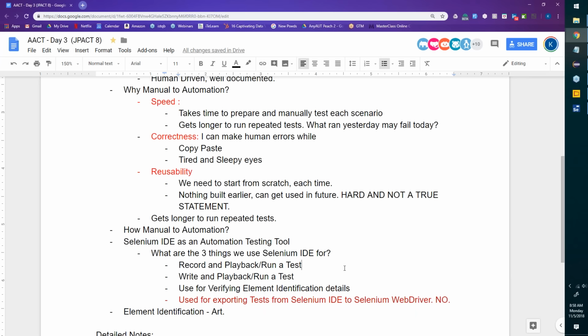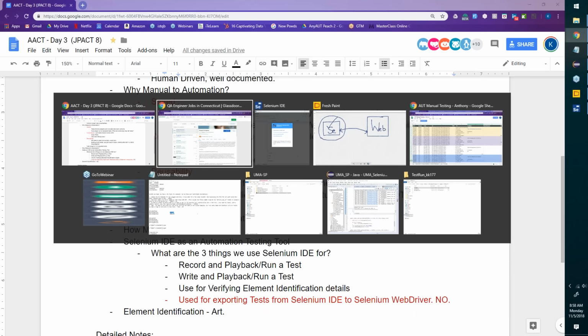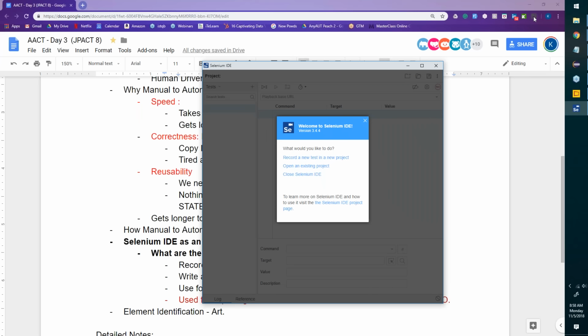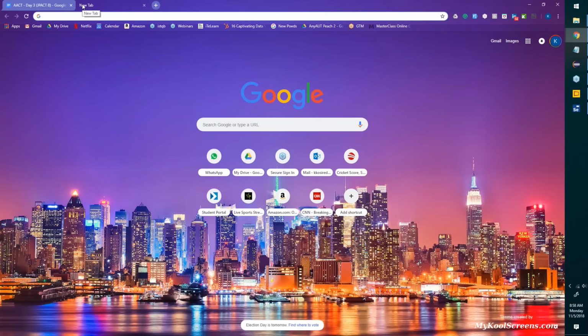All right, let's take a first look. So I've started my application. I've launched it. It is there on your browser as an add-on. If you don't have it, all you do is search and say, I need Selenium IDE on Chrome. You get a link, follow it. Simple steps to get this as an extension on your browser. Once you have it, you can launch it.